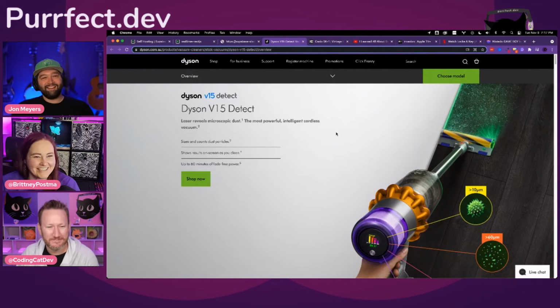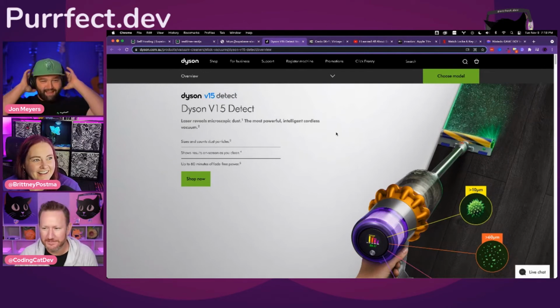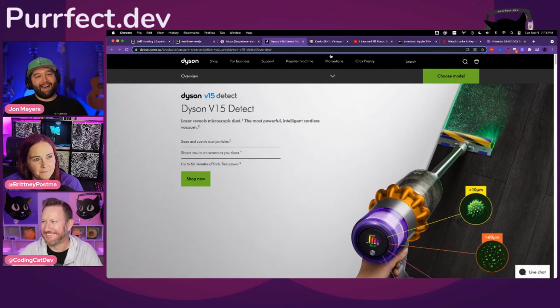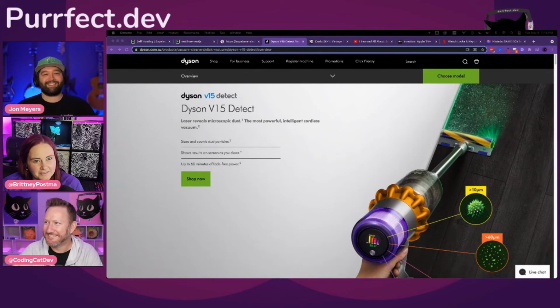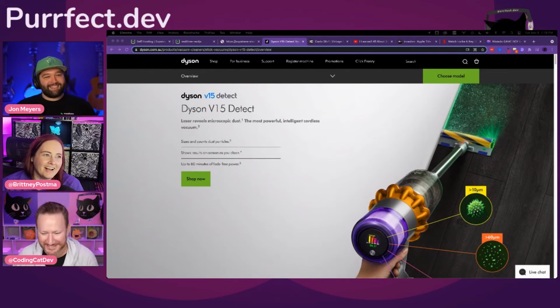This is the Dyson V15 Detect for anyone that's not watching the video. It's our brand new vacuum cleaner, a stick vacuum. It doesn't have a cable and you don't need to plug it into the wall. It's a battery operated stick vacuum, but it is just so high tech and powerful. It's got this little LCD screen on it, and it analyzes with the lasers how big the particle size is of everything that you're picking up. It gives you these reports. Don't you want to know the particle size of your dust particles?